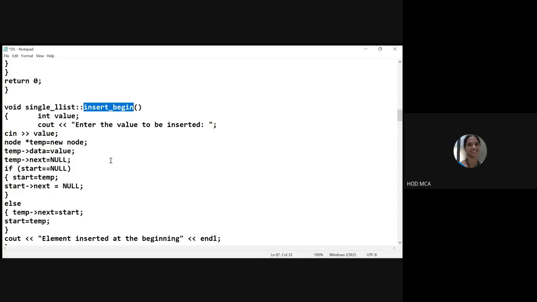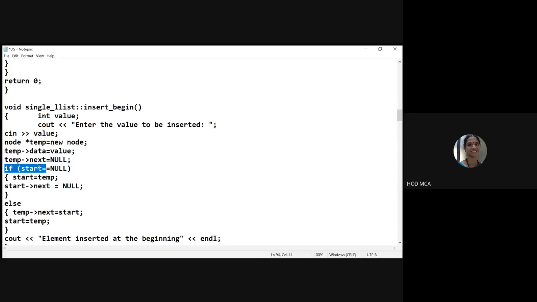How do I know whether the list is empty or there are some elements in it? I do not know, so I should first check if my list is empty. Then this node will be the only node that I will be inserting. Correct? So I have to first check whether my list is empty or not.